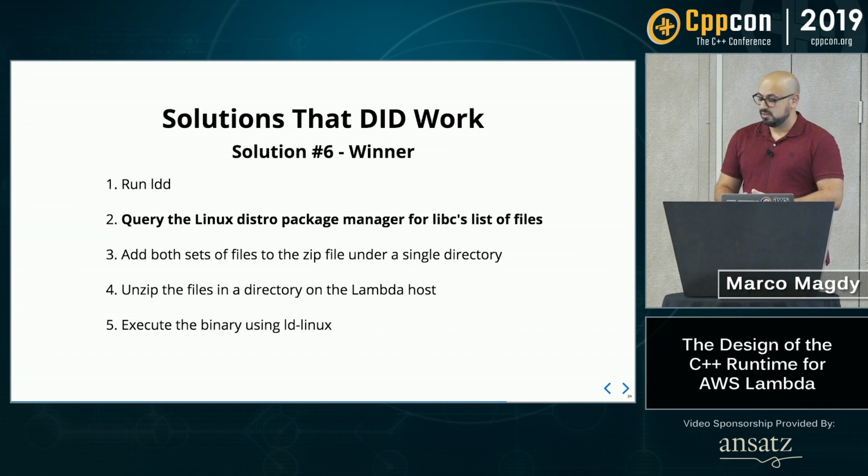So basically, the solution now is LDD will give you the immediate dependencies of your binary, but then we know that we need to package the libc and standard C++ with your application dependencies. And the way to get a reliable list of those files is to ask the package manager about the list of files of libc. So we do that, and we put both together, and we put them into the zip file, and we execute it through, again, the LD Linux